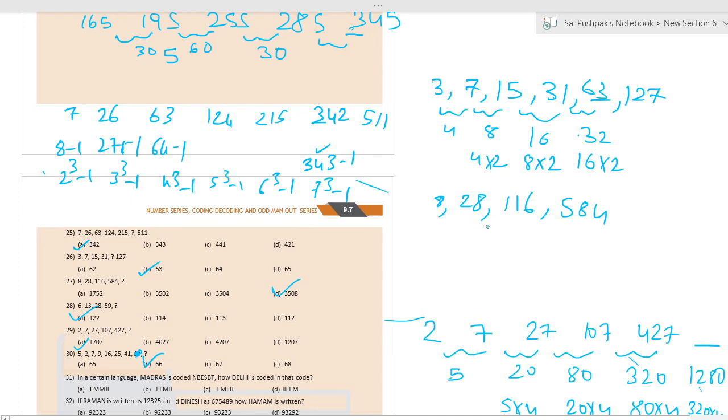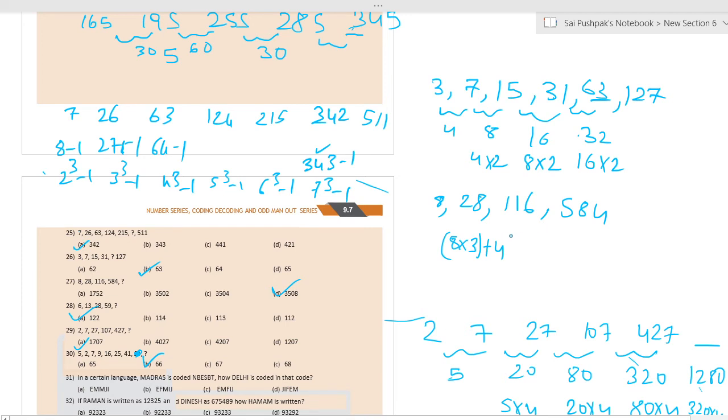Okay, it is a case of multiplication, that we know, but in the 8 table we don't get 28, so it is a case of multiplication plus addition. See, we can say that 28 is equal to 8 into 3 plus 4, right? 8 threes are 24, plus 4 is 28. So this is a case of multiplication as well as addition. How did we get to know? Because 28 is not in the 8 table, so we need to multiply 8 with something and add 4.